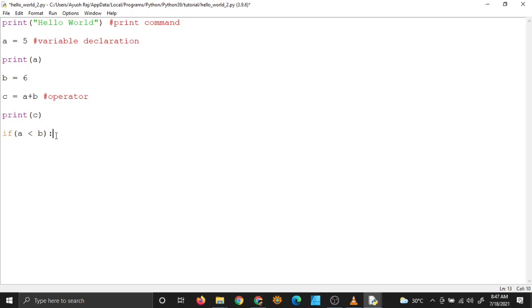Now by using colon, I have told my interpreter that now I'm going to start a block. And in Python, blocks are denoted by this tab space here. So if you put one tab space, it will mean that you are now inside the block. But if you go back, it will mean that you are outside the block.